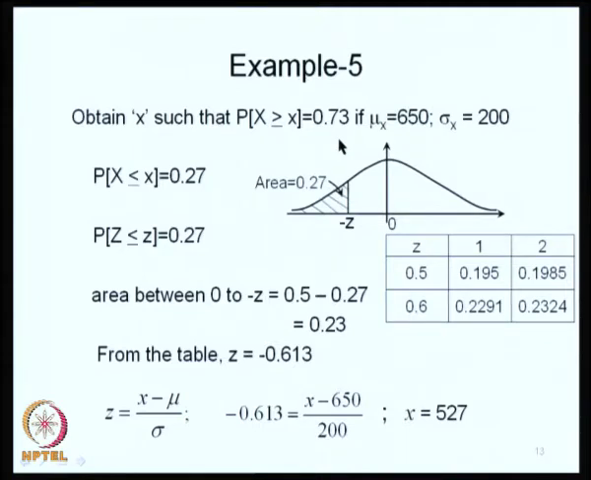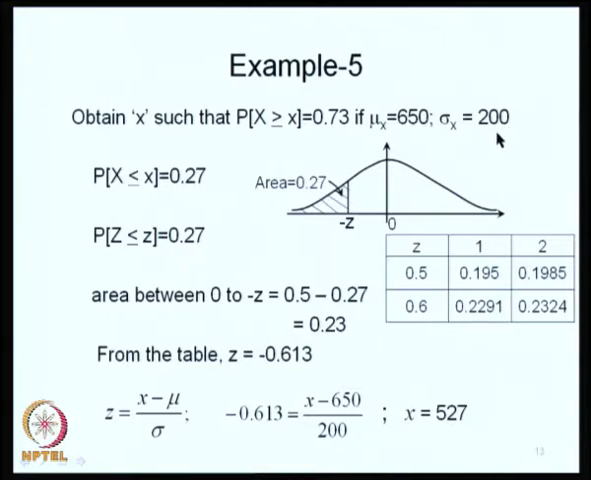In fact, these kinds of problems come quite often in water resources, where we are saying that the flow value that is exceeded with 70% probability, 75% probability, and so on. So, we are interested in that particular value of x which is exceeded in this particular case 73% of the times, or the probability that that particular value is exceeded is equal to 0.73. And from the samples we have the estimates for mean and standard deviation. Let us say in this particular case you have mu x is equal to 650 and